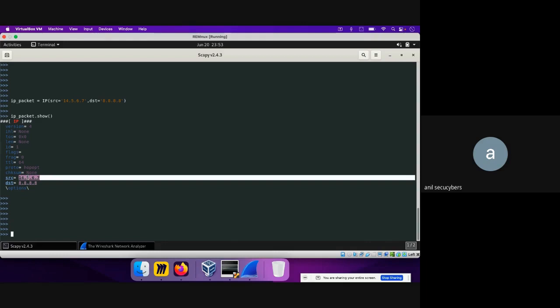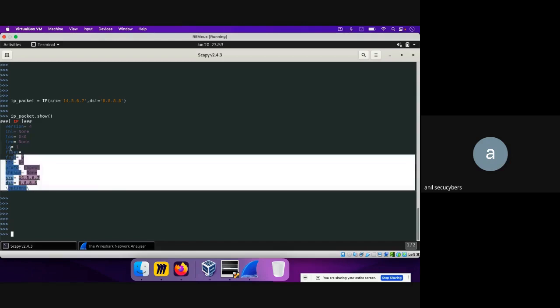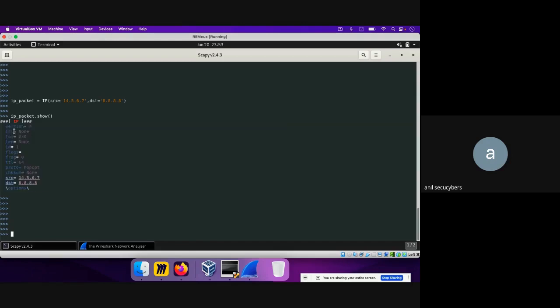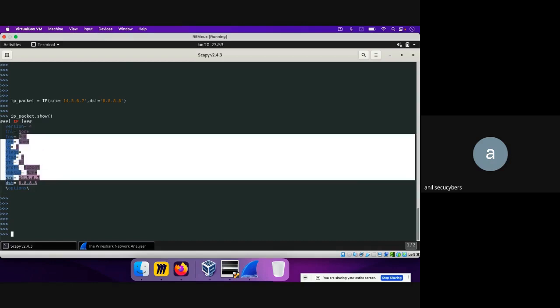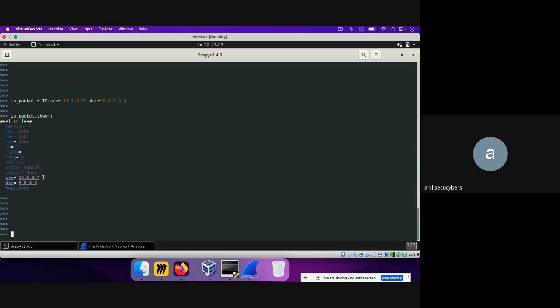So what I have seen previously is that when I have given this the IP address of a different system, the ICMP reply from the destination server was going to that IP address, the one that I have put over here. Okay, so to reiterate, this is one of the ways where you can start an IP address based spoofing attack, where you can change the source address and